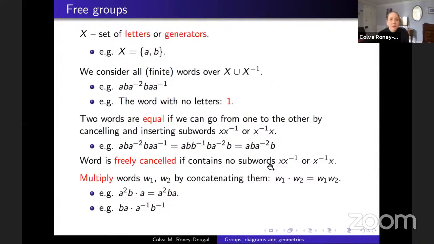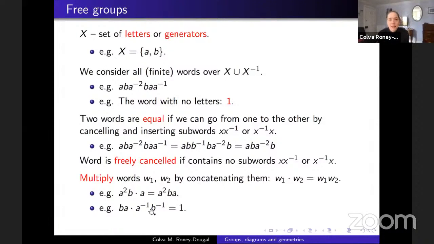If I were to take another word though, so say I took BA and multiplied by A inverse, well, maybe I'm going to find the shortest representative for it, and we spot that there's an AA inverse in the middle of the word, here, A followed by A A inverse. And if we get rid of that, then there's a B followed by a B inverse, and we get rid of that, and we're all the way down to the special word, which is the empty word 1.